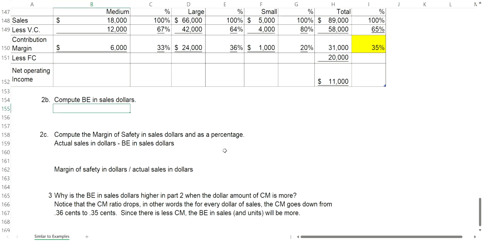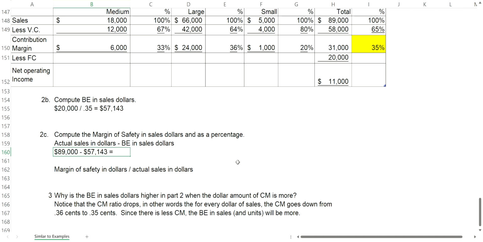Okay, so we'll use the same formula as in part 1. We'll take the fixed cost of 20,000 divided by the new contribution margin ratio, which is a little lower at 35%. So that has raised our break even in sales dollars to $57,143. Okay, we'll do the same thing here as we did in part 1. However, sales are now 89,000. So 89,000 minus our answer in part 2B of 57,143